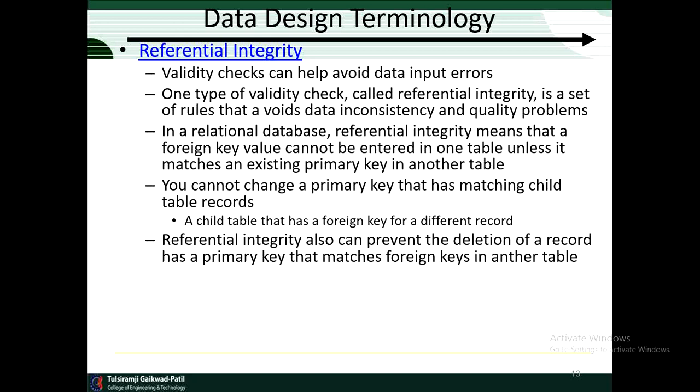In a relational database, referential integrity means that a foreign key value cannot be entered in one table unless it matches an existing primary key in another table. So you cannot change a primary key that has matching child table records, a child table that has a foreign key for a different record. Referential integrity can also prevent the deletion of a record that has a primary key that matches the foreign key in another table.